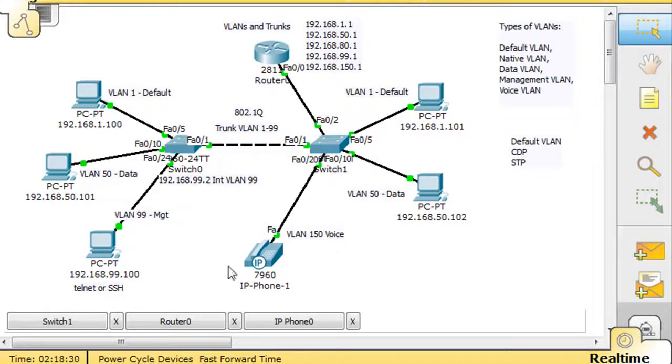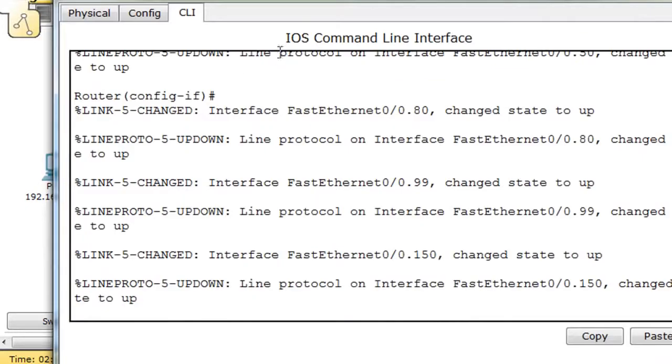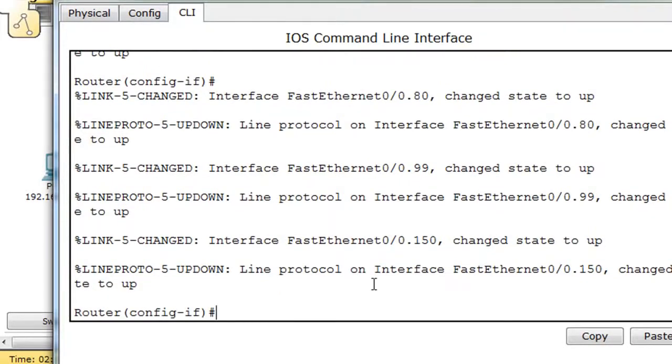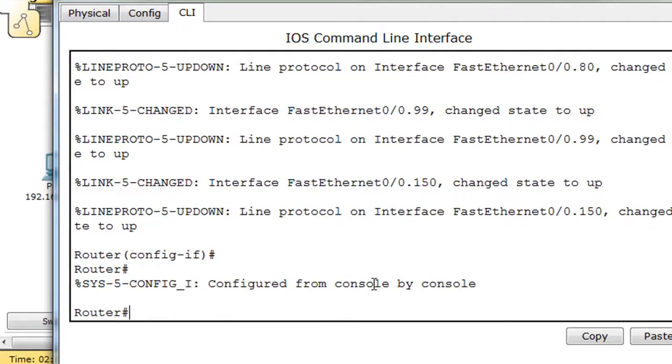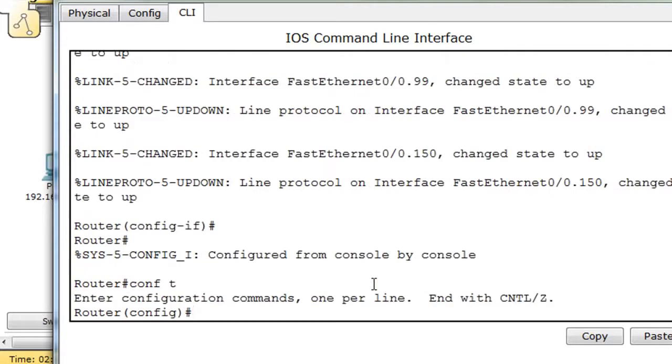Okay, now that we have everything hooked up, we need to get DHCP running on this router so that this phone can pick up an IP address. So we'll open the router and hit enter. We'll hit Control C to exit out of that interface, right? And now I'm going to go to conf t to get to global config